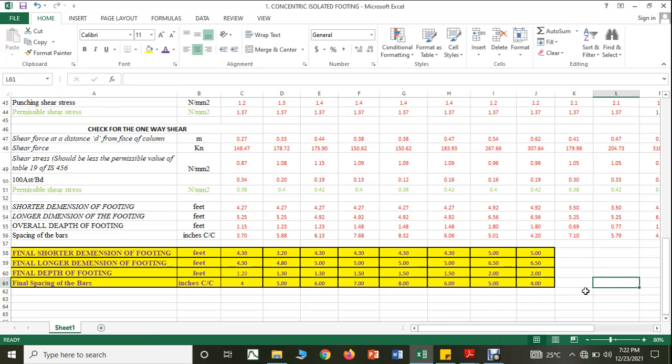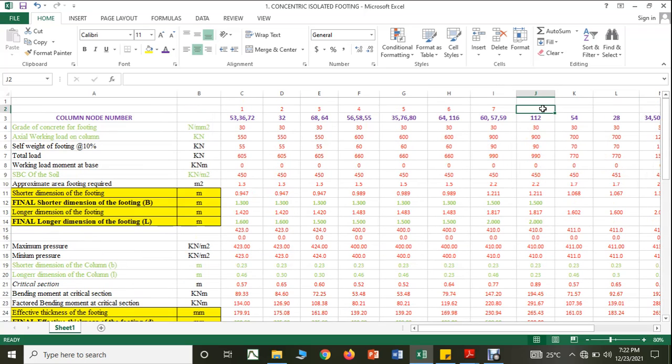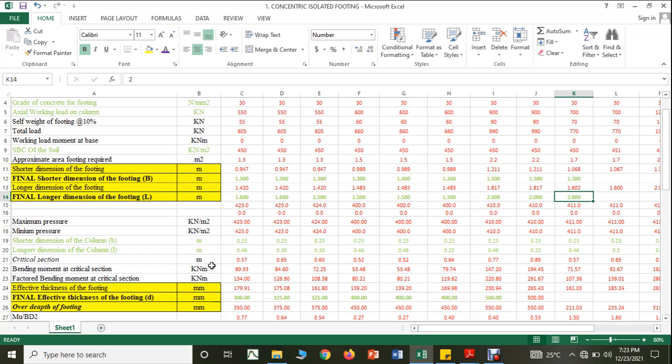Okay, done. So that is my column number 8, group number 8. Next you have group number 9. So it is 1.0, therefore let us make 1.3, and let us make this as 1.6, so let us give 2 only, right? So therefore I'll change this, then I'll change this color, then I have to change the critical section,